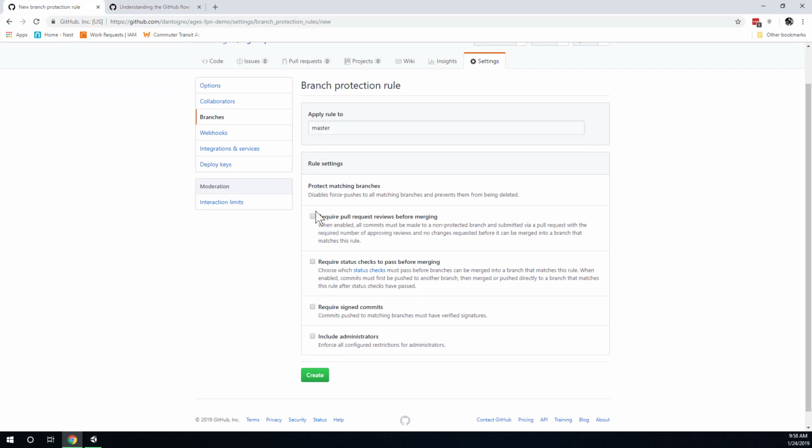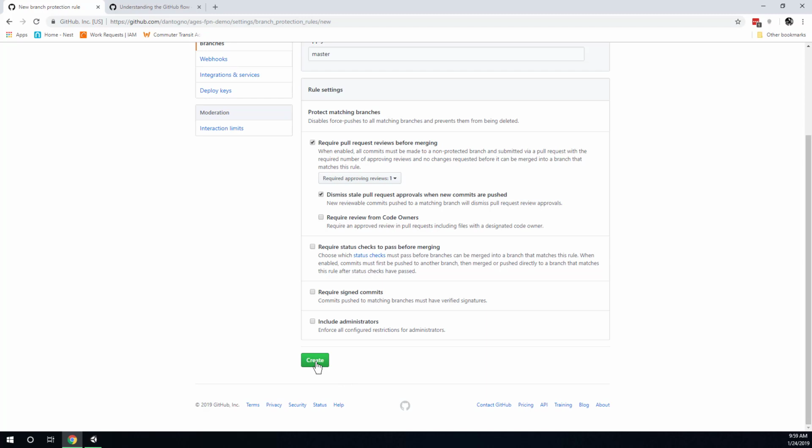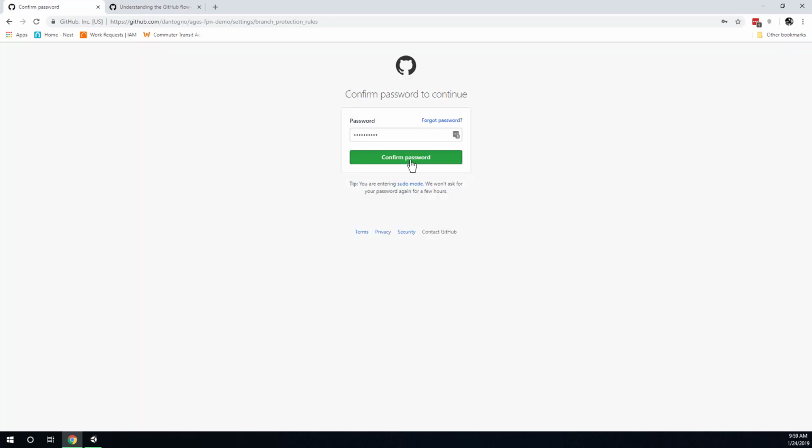And then here are the rules that are available. We want to require pull request reviews before merging. And we're okay with just one approving review. And I think we can just leave the rest of this stuff. Well, let's go ahead and check this one too. So check this dismiss stale pull request approvals when new commits are pushed. This will just make sure that all of the new commits have been through review. Alright, so we want to check require pull requests and dismiss stale pull request approvals. And we only need one approving review. That's fine for our purposes in this class. Alright, and then I'm just going to hit create, and in theory that should work out. I have to confirm my password,